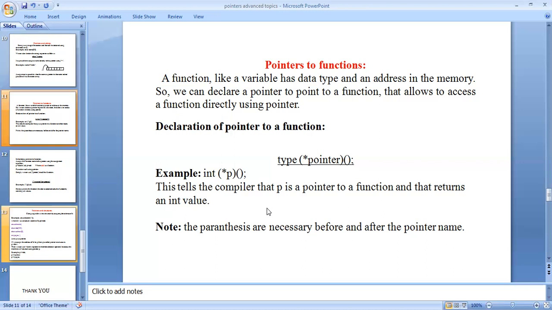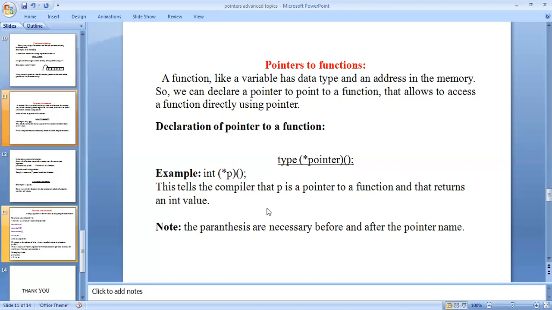Integers occupy 2 bytes of memory, and the pointer variable is declared as int (*p)(); This tells the compiler that p is a pointer to a function that returns an integer value.